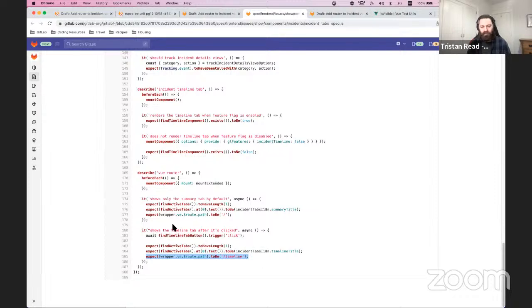The other way to do this test would have been to totally mock the tabs and totally mock the router, or you could even keep the router in, but you'd just be verifying the index, like what index is selected on GL tabs. But that test has much lower surface, and I like it better this way because it's more like an integration test than a unit test. I think it's good to have an integration test on something like this,